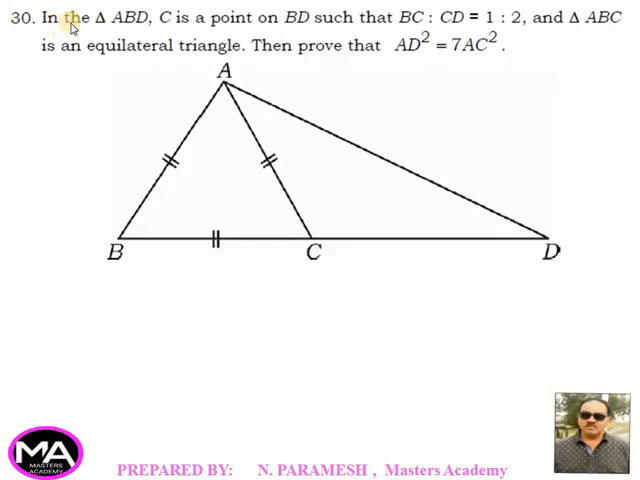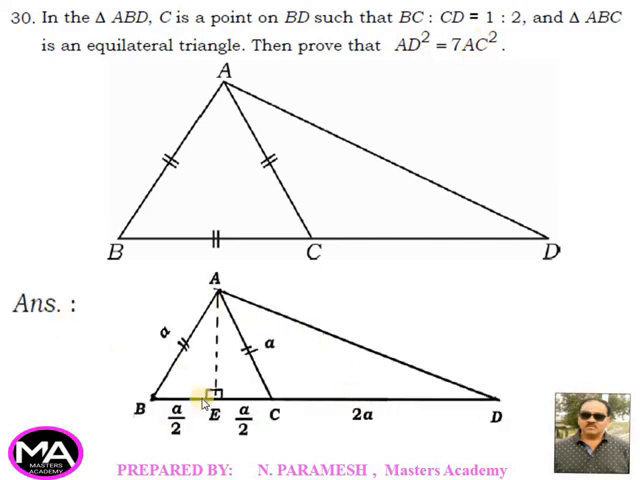30th question, in the triangle ABD, C is a point on BD such that BC is to CD is equal to 1:2 and triangle ABC is an equilateral triangle, then prove that AD square is equal to 7 AC square. Answer. Equilateral triangle means all the sides are equal. AB is equal to BC is equal to AC, that is treated as A. AD is the median, E is the midpoint of BC, BE is equal to EC is equal to A by